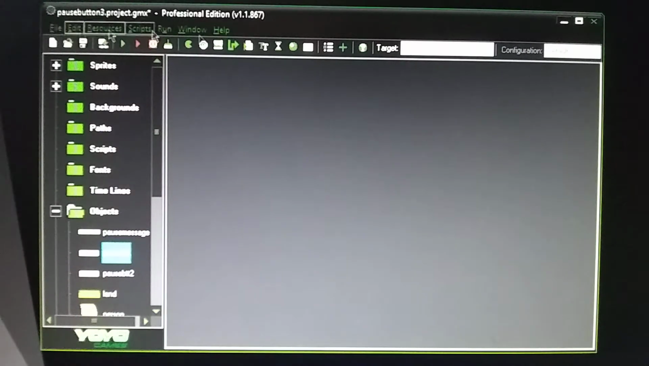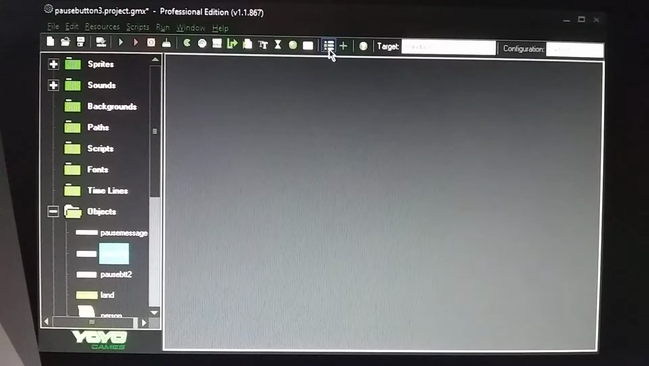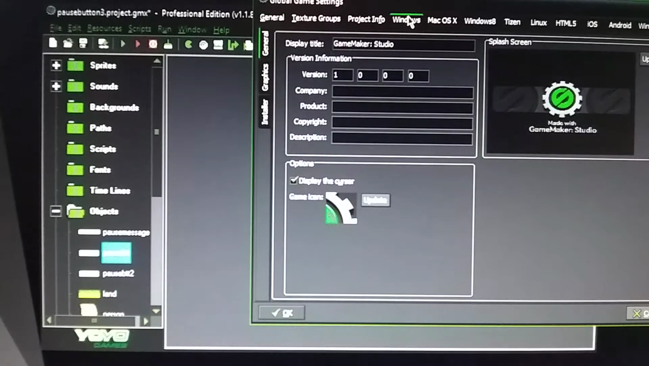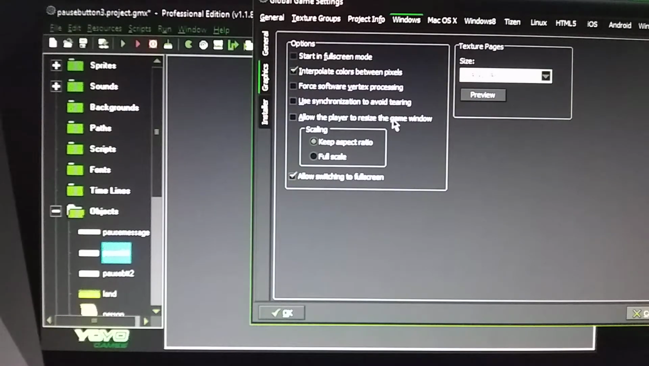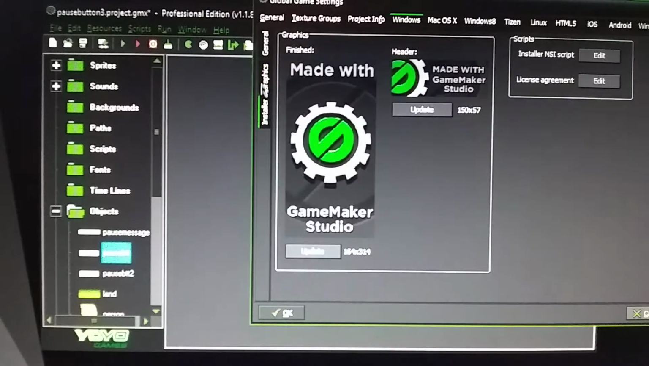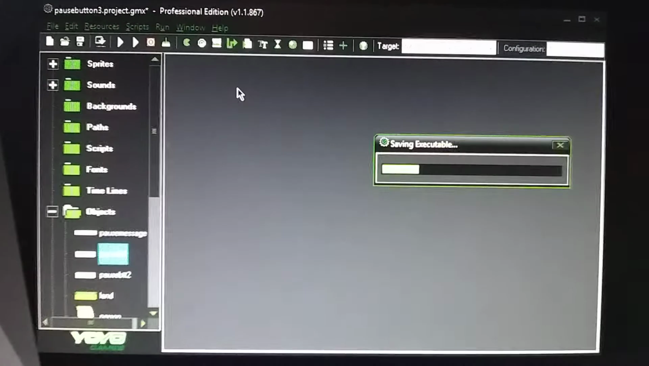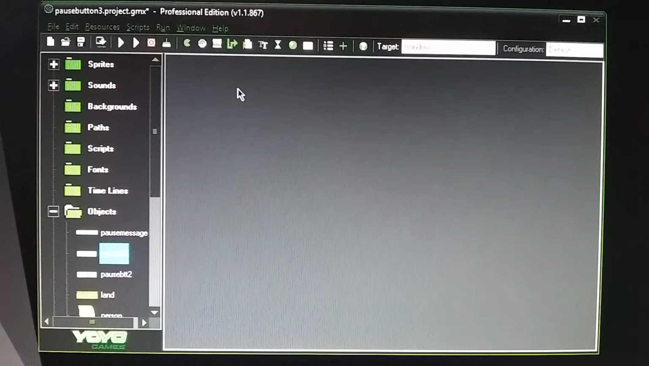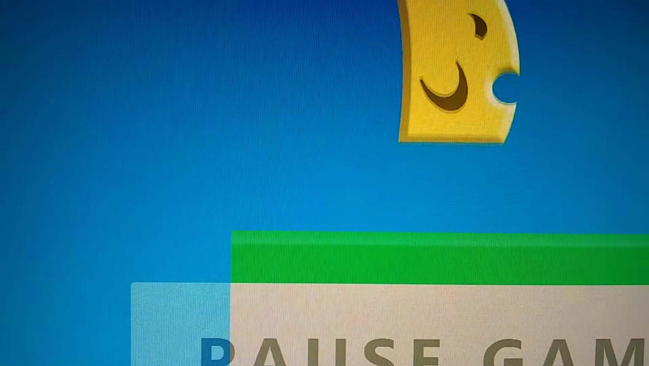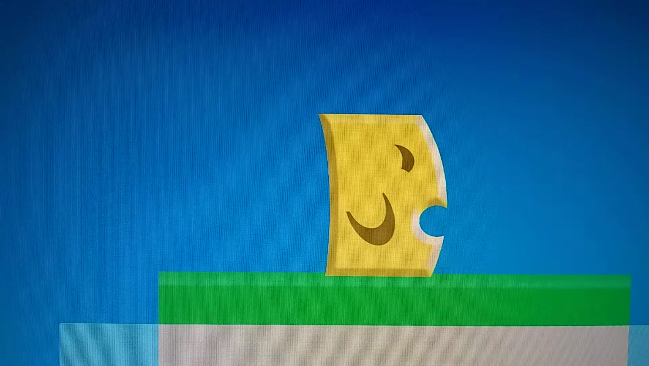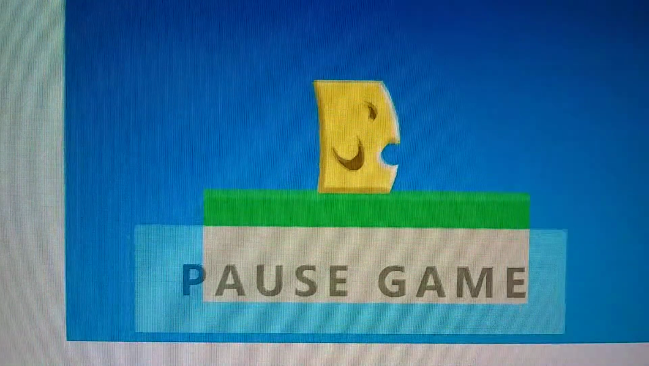I'm trying to get the screen smaller. Let me keep the ratio the same. Okay, so now